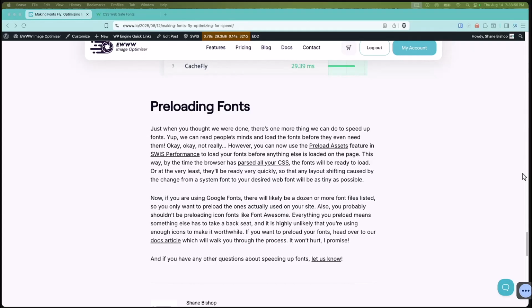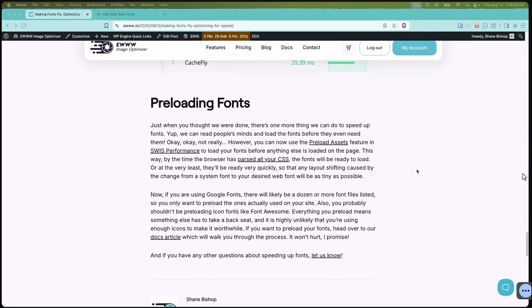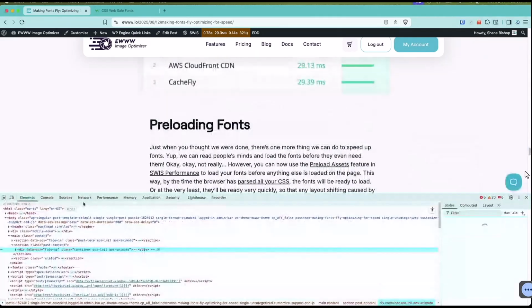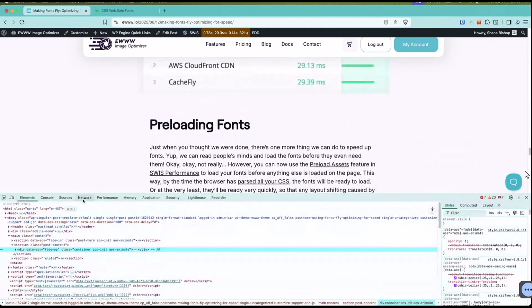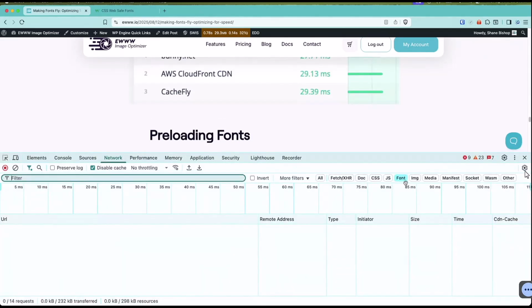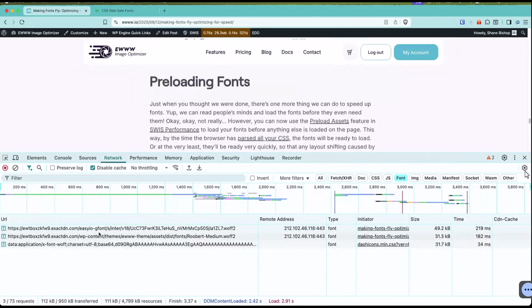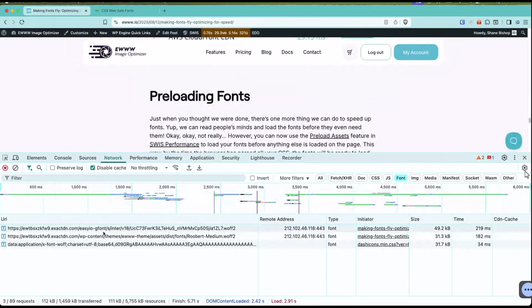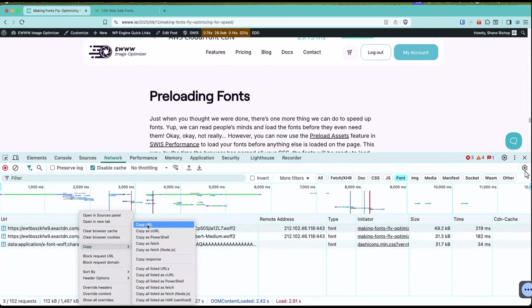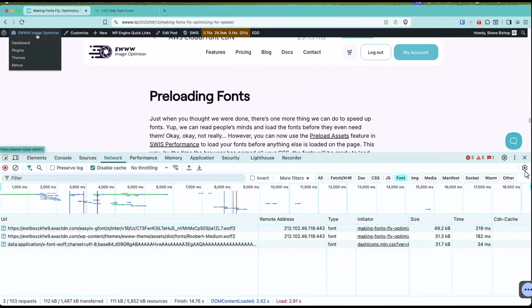So if you want to preload your self-hosted fonts, what you do is, well, I guess I can just show you on this site anyway, even though I've already done it. You right click and go to inspect, which opens up the Chrome Dev Tools. And you come over to the network tab, select fonts and reload. And here are the two fonts that we're using. And so then we just right click on one of these fonts, go to copy URL, and then we go over to WP admin,